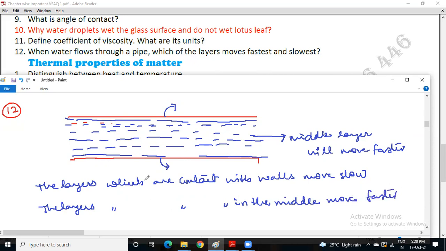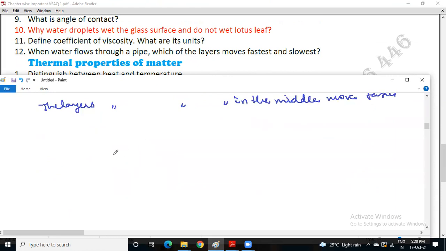I'll give you another example. Suppose you take some amount of water in a jar or glass, you shake and stir it well with the help of a spoon. After allowing some time, once you come back and see, you find that the liquid is almost at rest. What is the reason? The layers which are in contact with the walls of the glass are almost at rest. They make other layers also slowly come to rest. So this is all because of the property of viscosity.